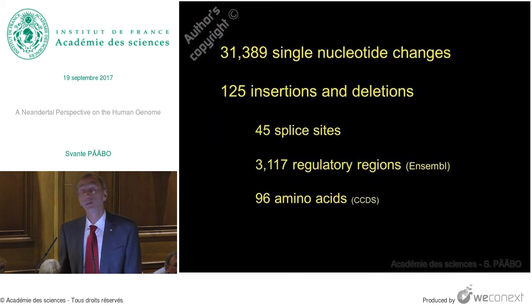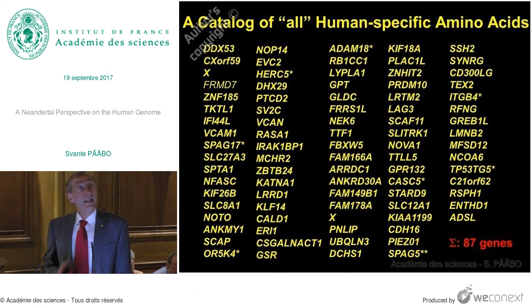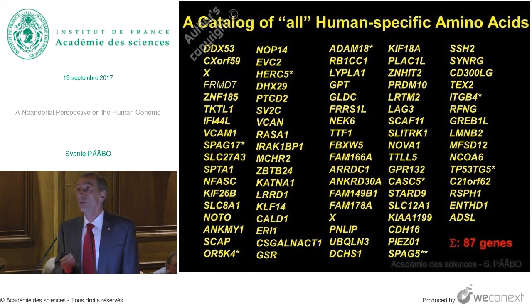And that is not a very long list. It's just around 30,000 changes. And I see that my time is almost over, but just to give you a little feeling for how we now begin to address this thing over the next years, we can just think about the amino acid changes in proteins. There are just 96 such amino acid changes in these genes here,